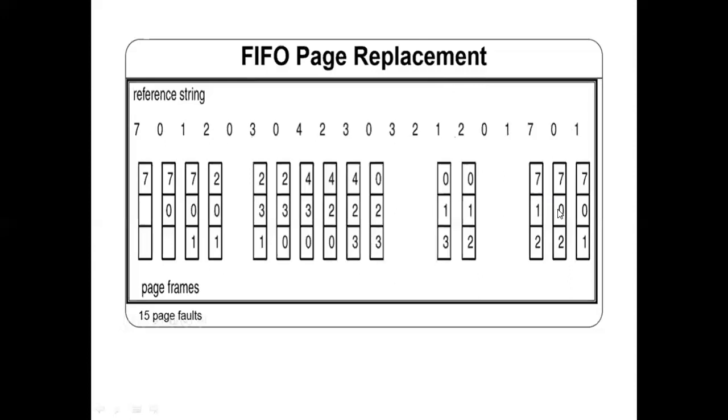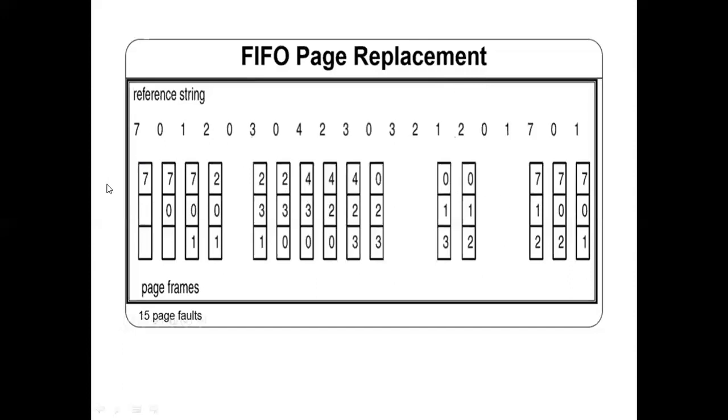So replace 1 by page 0. Then again 1 comes. You have just swapped it out. Again 1 comes, but you look into this and swap out the oldest, and the oldest is 2 and then 1. So to satisfy this particular sequence that the processor is looking up to, you will see you're hitting the disk how many times? 1, 2, 3, 4, 5, 6, 7, 8, 9, 10, 11, 12, 13, 14, and 15.